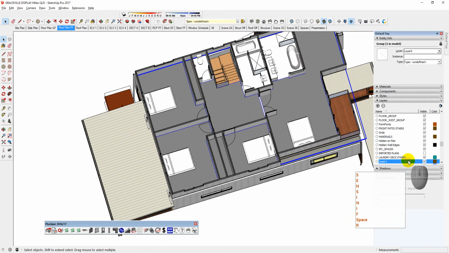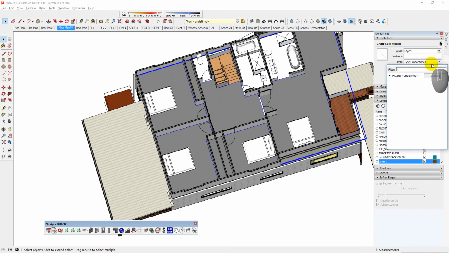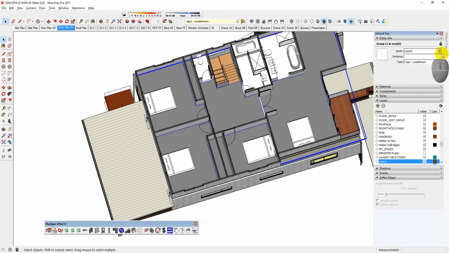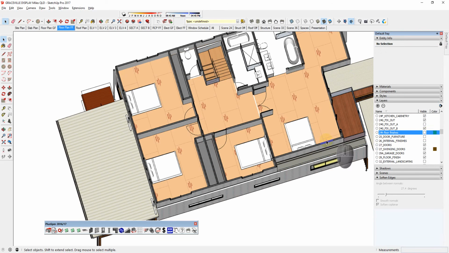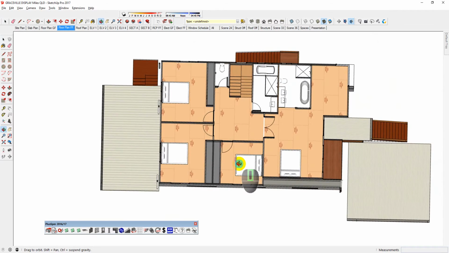Okay, now I'm going to go up to here and I'm going to go down and whoops, it's my IFC floor finishes 24. I can also type in 2 and it will bring me down to here and floor finishes, and I'm actually going to turn that layer off. If I put that on the correct layer, 24 floor finishes, 24H floor finishes. Obviously I turned the wrong one off,